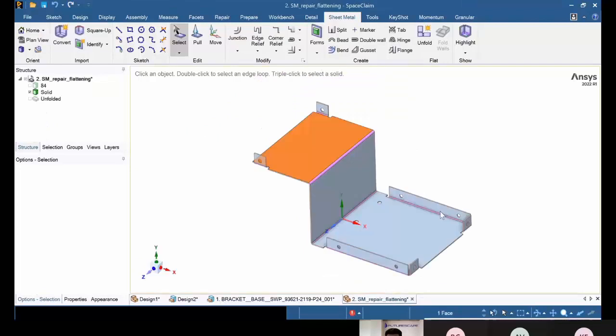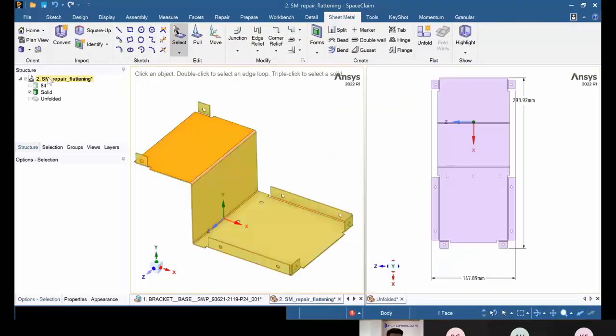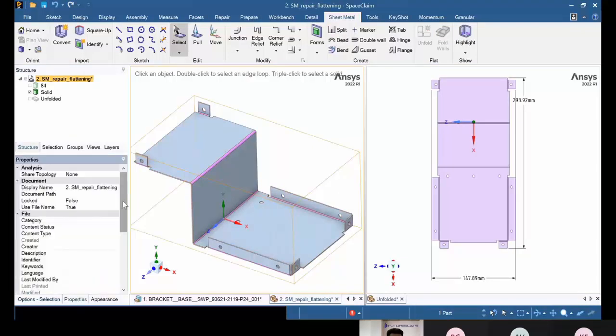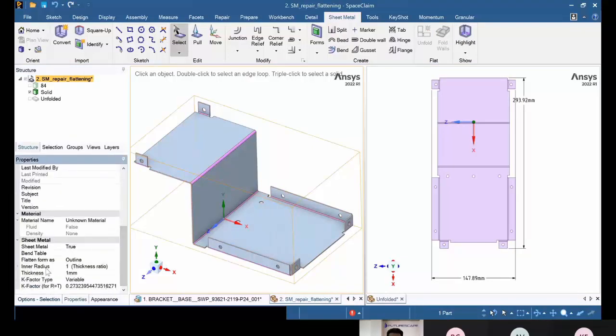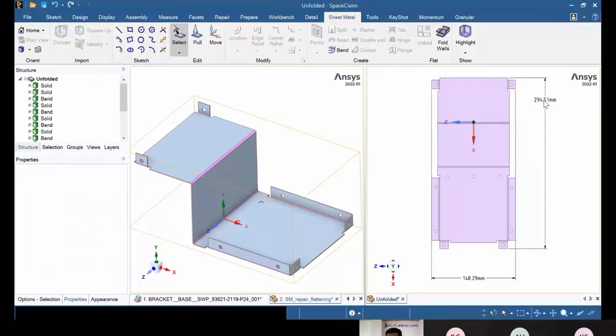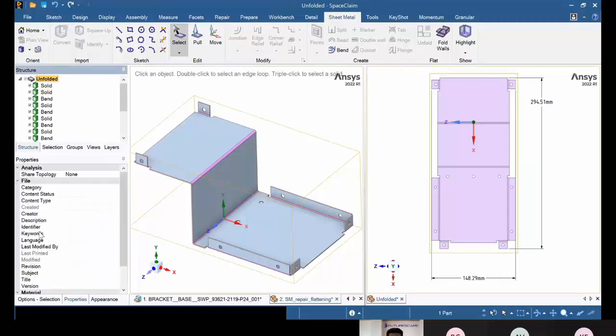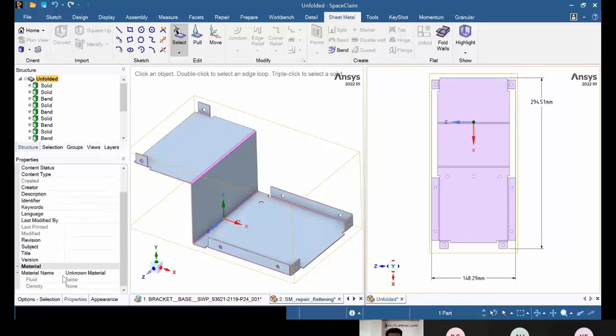Now just one more thing I want to show over here is that if I go to SM repair this file and go to the options, I can see the K factor over here. So right now the K factor type is variable, and the K factor for R equal to 2 is this value. Say I want to change a K factor over here. As soon as I change the K factor here, the dimensions here will automatically change, that it is dynamic in nature. It will make sure that the dimensions that we have in the unfolded part